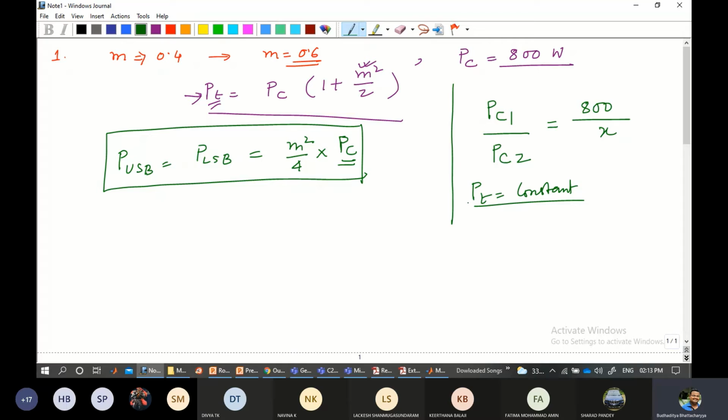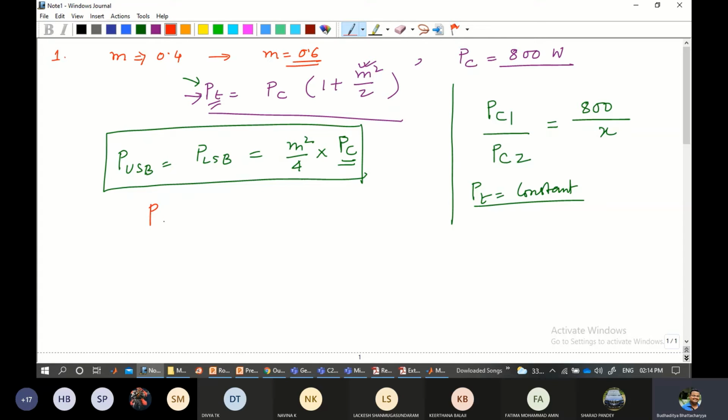Is that the case, that the modulated power will remain the same even with a change in modulation index? Because Pt is already a function of m. With m variation, there ought to be changes in the transmitted power, so you cannot keep that constant. It should be Pt1, Pt2 like that. You are very close to it, but it's not exactly the correct answer. The only thing is